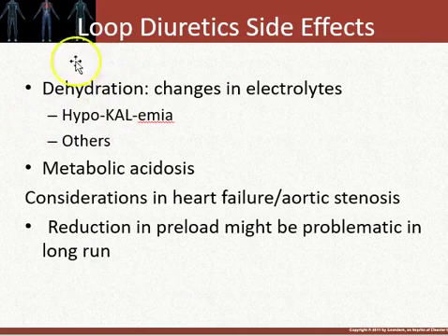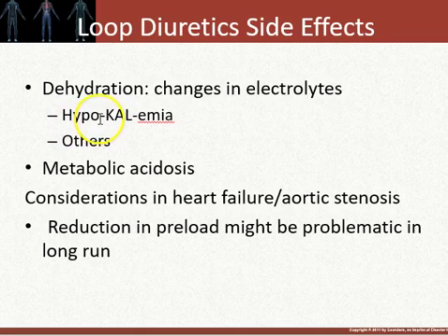Okay, and of course the major side effect to loops is going to be dehydration, and so just like ACE inhibitors can cause hyperkalemia, too much potassium, loop diuretics can deplete it and cause hypokalemia, too little potassium. And of course, you can see metabolic conditions, which we'll talk about during the renal aspect of this